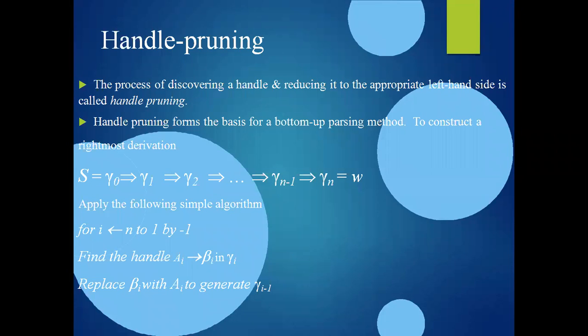So no need to bother about all this, the S, the gamma, gamma n minus 1. It is from the algorithm. Just if you get the concept of handle pruning, it's enough. And how to handle and how to prune it, just by representing with a table. Are you all clear with this? It is enough. No need to learn the algorithms and the syntaxes of this. We are not applying any syntax rules here, right?